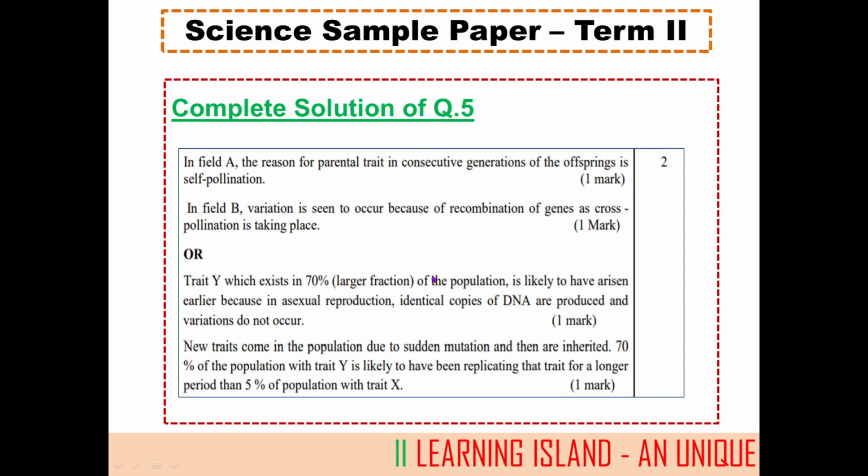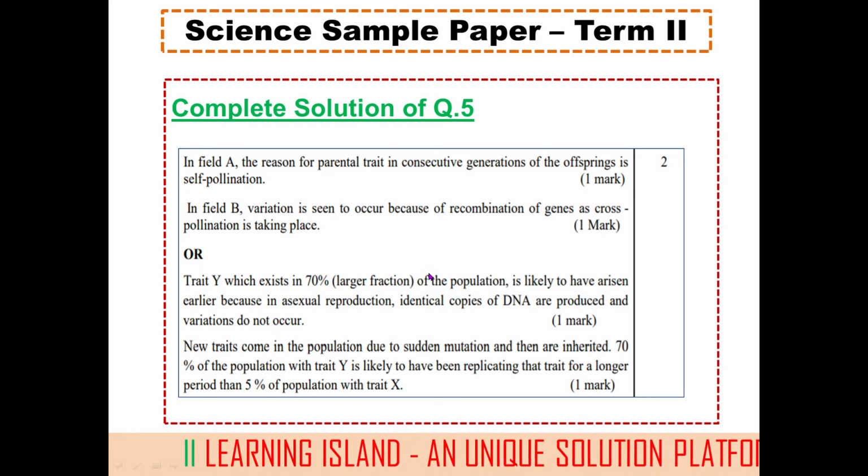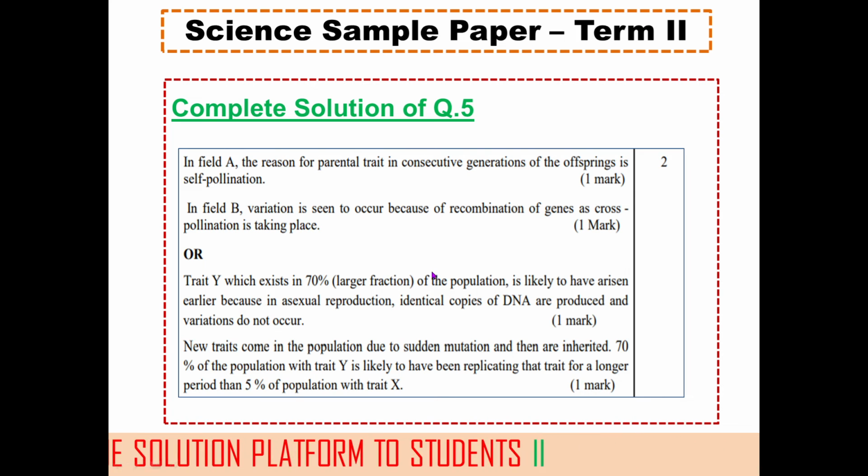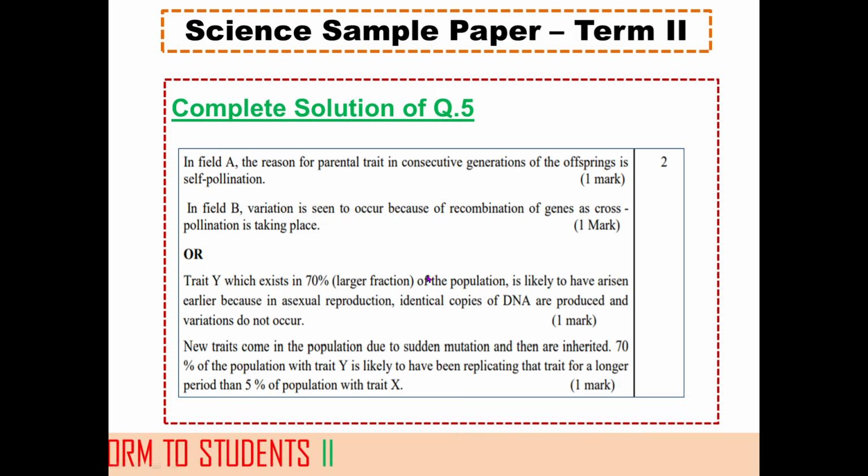So it will grow. There will be no variations in asexual reproduction. So the offspring, or the final reproductions, will get only the same characteristics. There are no such variations. So the trait which is already more in number will produce more offspring or progeny. So trait Y, which exists in 70% of the population, is likely to have arisen earlier